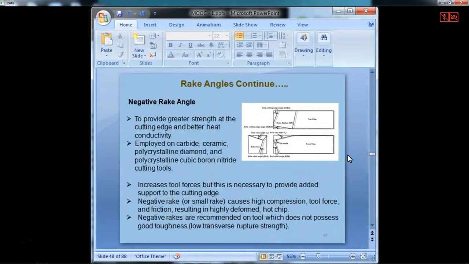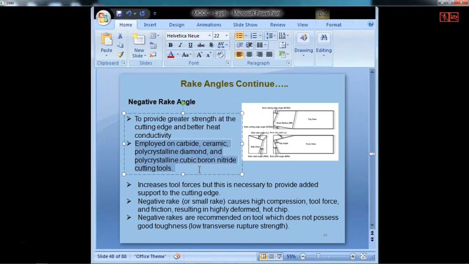Then, what is going to happen if you have the negative rake angle? To provide greater strength at the cutting edge and better heat conductivity, generally we go for the negative rake angle. It is generally employed on carbide and ceramic and polycrystalline diamond, that is PCD. It is called PCD tools,